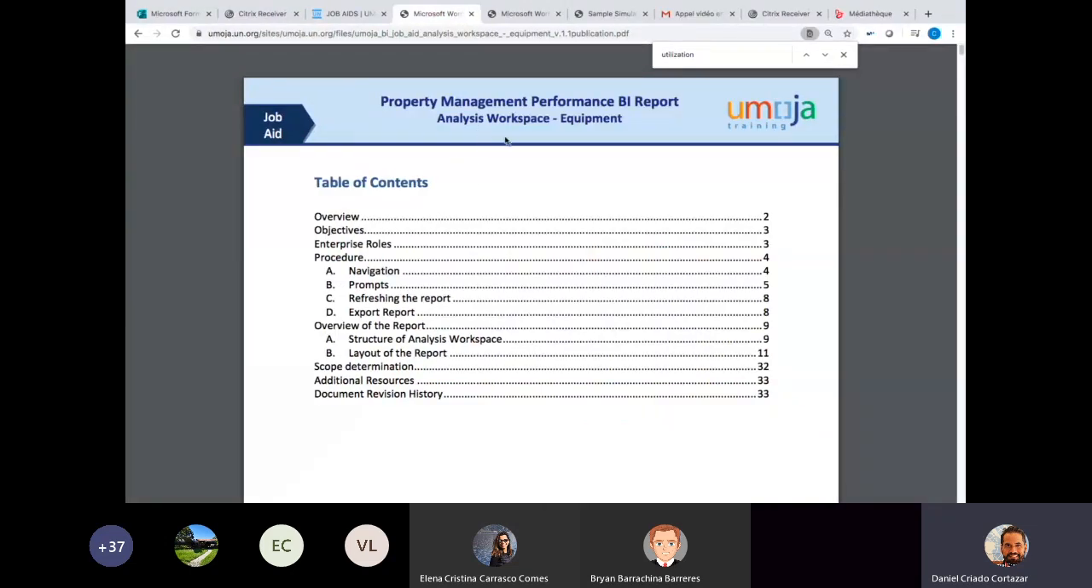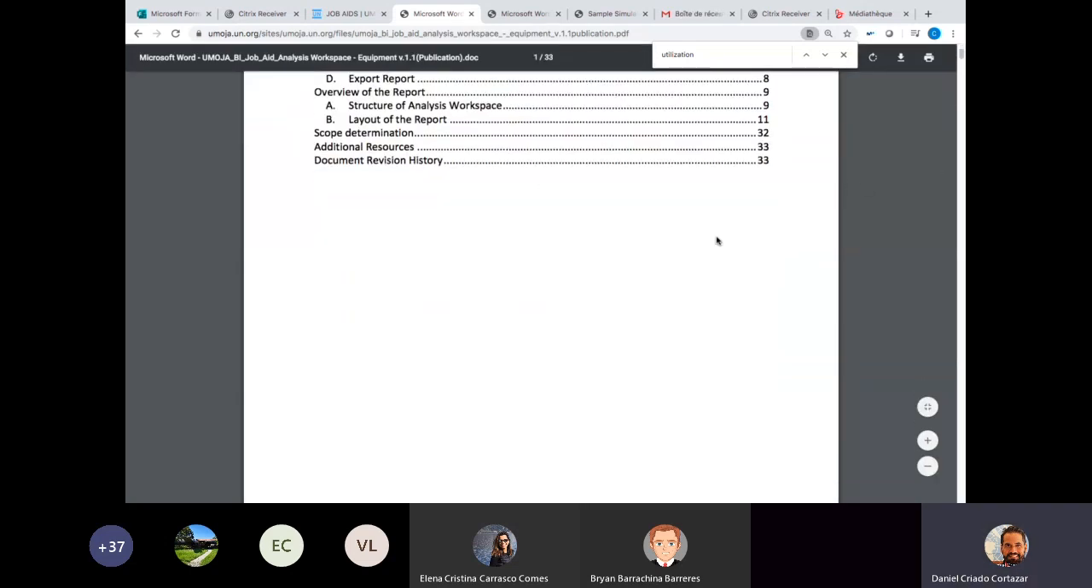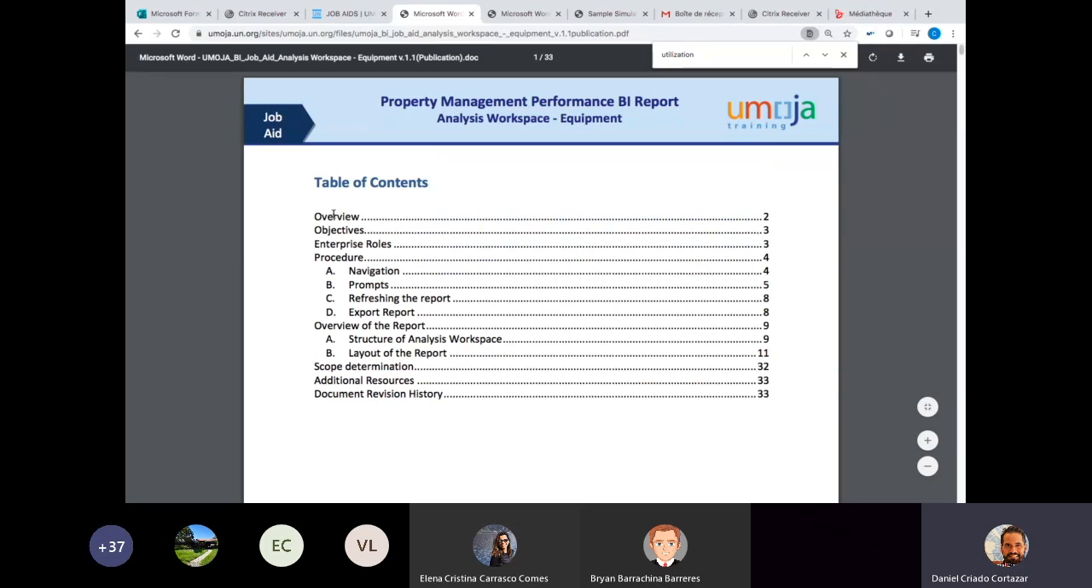And I want to draw your attention to the job aid for the analysis workspace on equipment, because in the presentation I took note of several screenshots, but really this is not a job aid per se related to this specific report. On the contrary, it gives you information on the description of all types of materials, all types of system status and user status, and I agree with you guys. It's not easy to understand initially what this means. That's why I wanted to share this